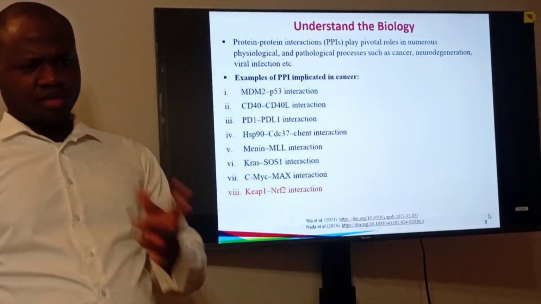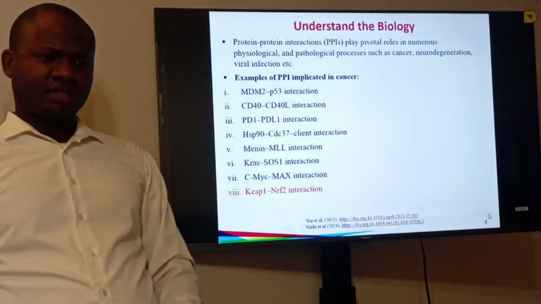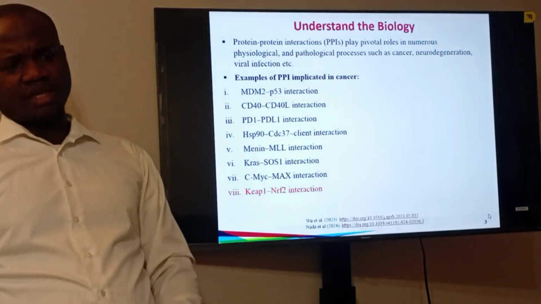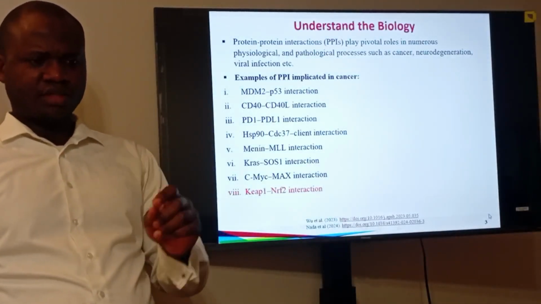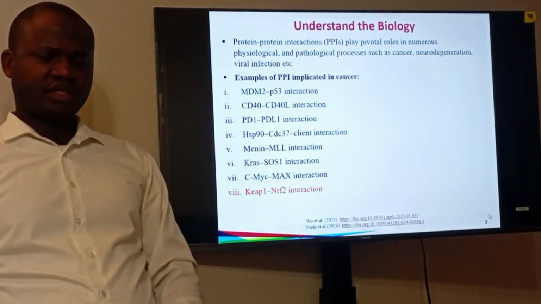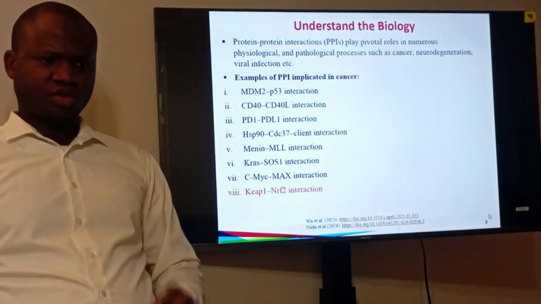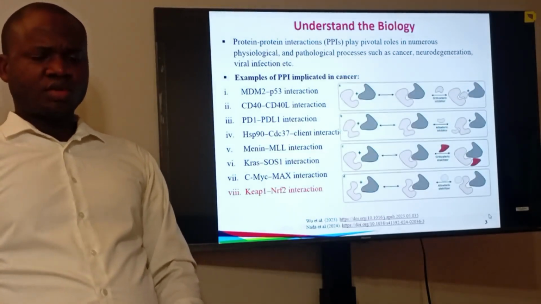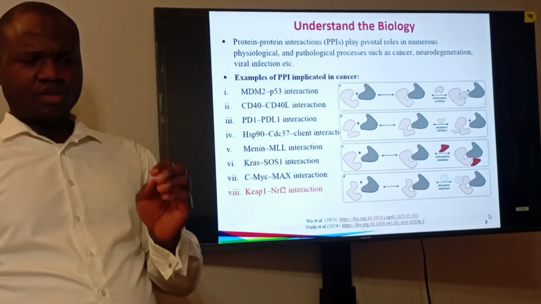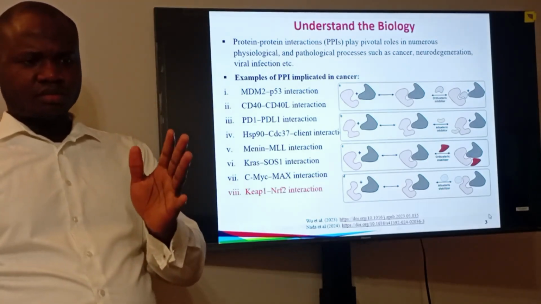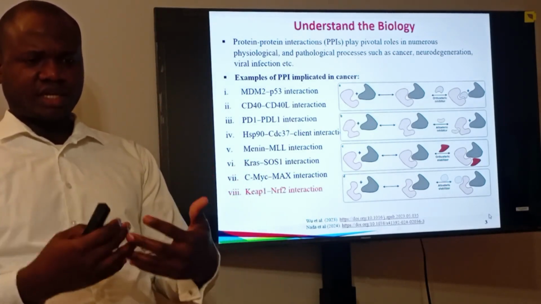We have a lot of examples of PPI, but there are some that have been specifically implicated in cancer. I listed just about eight here, and the last one, the KEAP1-NRF2 interaction, was the focus of this paper that I am presenting to you today. In order for us to understand what the inhibitors are that can stop the interaction of KEAP1-NRF2, or protein-protein interaction in general,